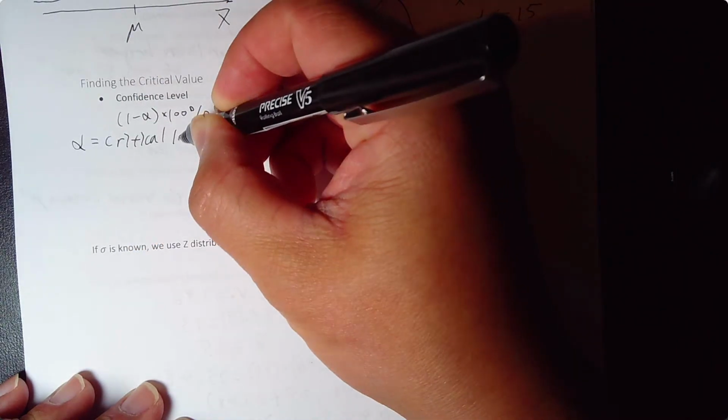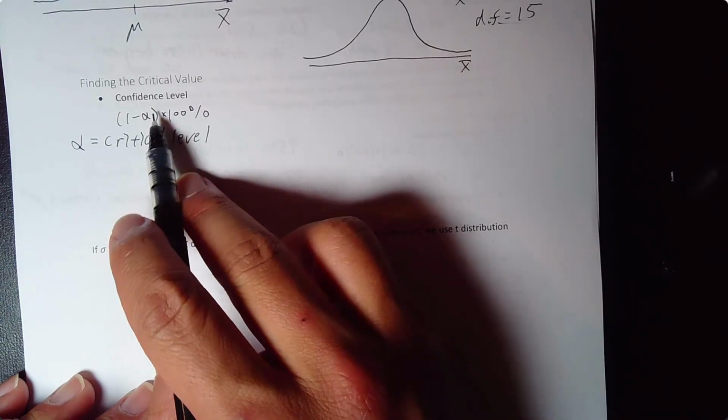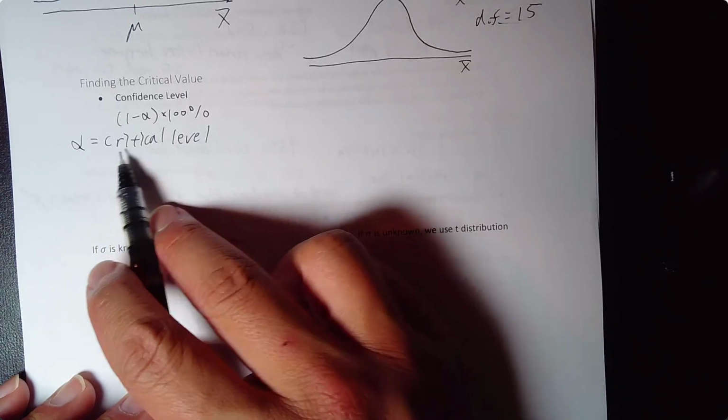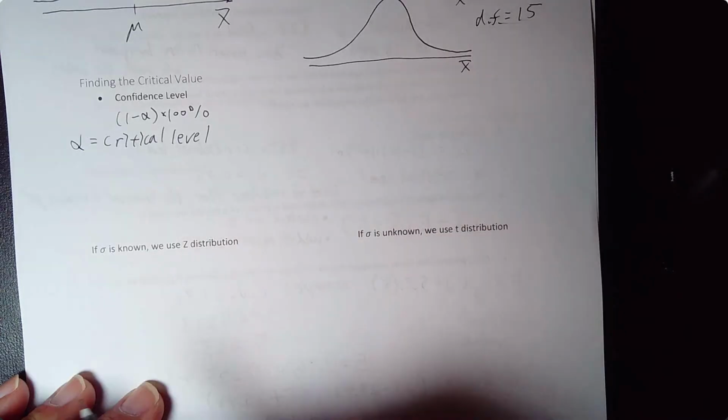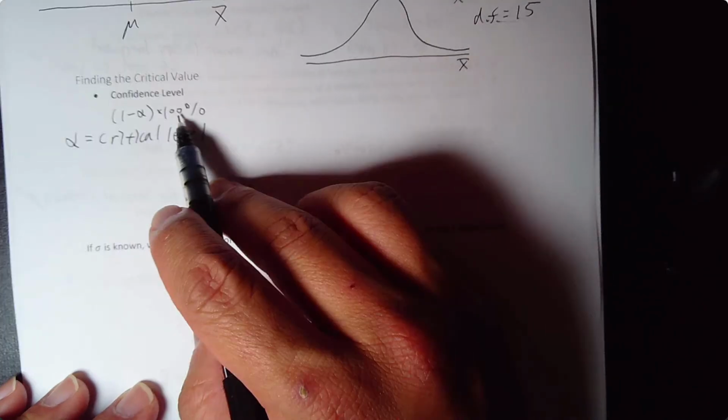Okay, sorry, I mean the confidence level. So confidence level is 1 minus alpha times 100%. And alpha is this critical level. We'll discuss later what alpha really means, but right now, let's just focus here. So for example,